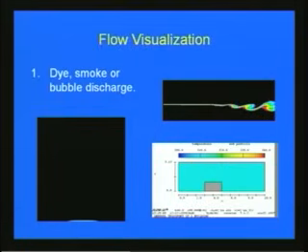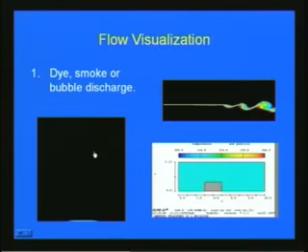So, flow visualization is very important in fluid mechanics. There are various techniques used for flow visualization, like dye, smoke or bubble discharge. Here you can see how we can visualize the flow taking place. This animation shows how flow visualization can be done with dye or smoke, and